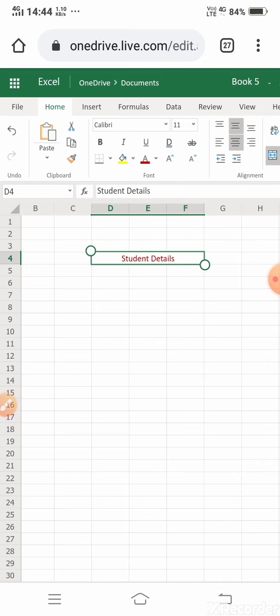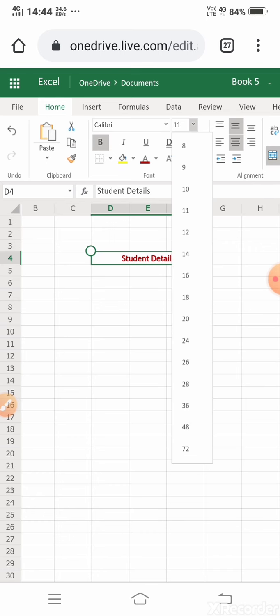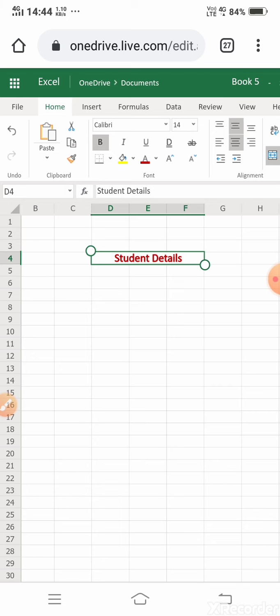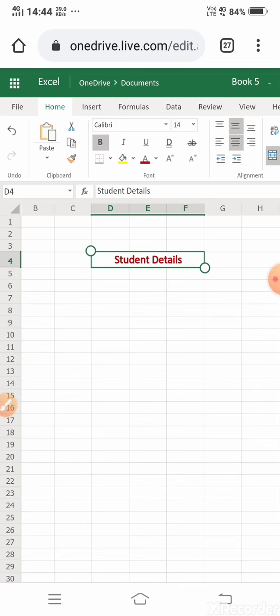I am selecting red. Then I want it bold, and the font size say 14. Everything is clear, and this is all about the heading of the table.